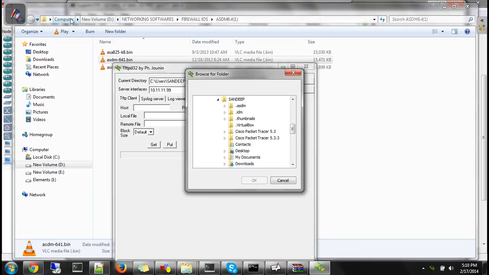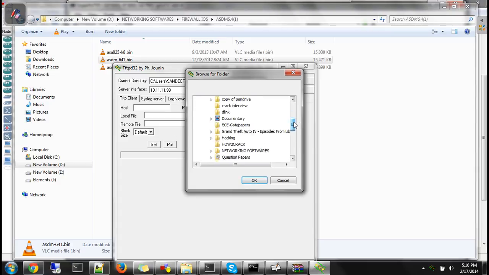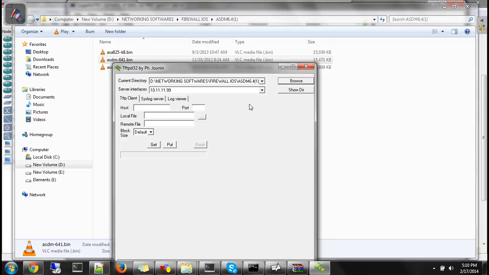It's my computer volume D networking softwares. So in your case, wherever you are keeping the file, you need to go to that particular folder. So I have kept in under D. It's networking softwares. It's firewall iOS and it's ESDM 641. I'll say OK. So the path matches.